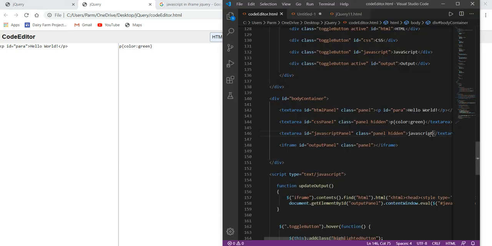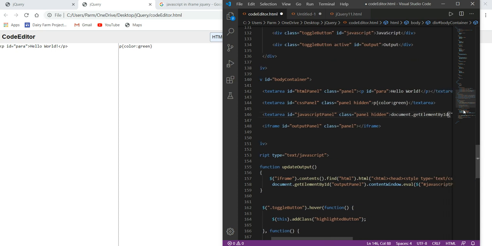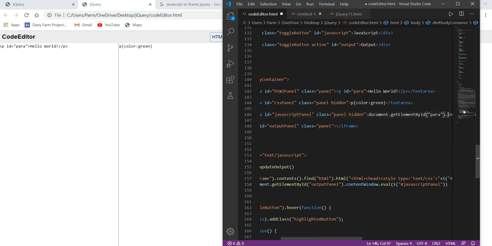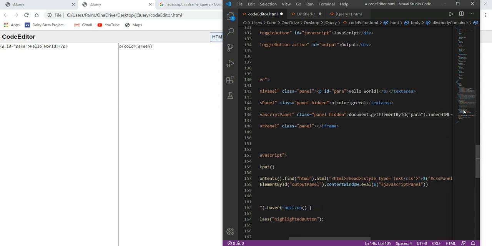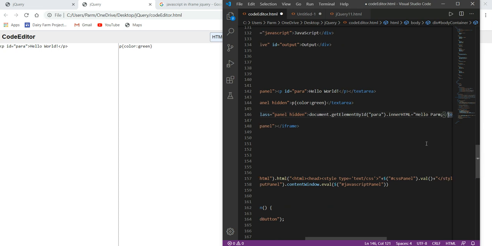So instead of this I will write Control V here. Document dot getElementById, and para innerHTML is equal to hello pom.